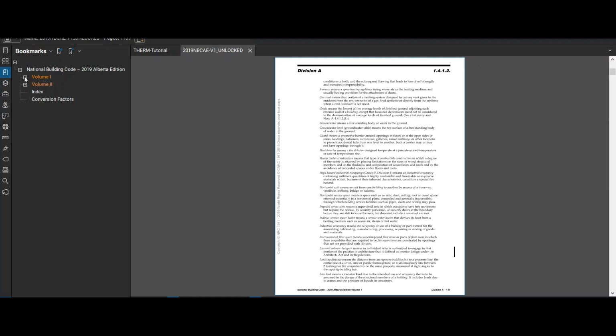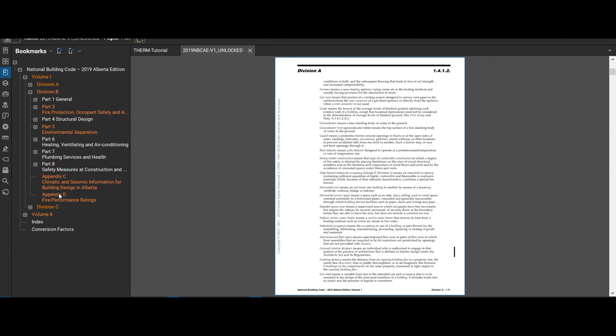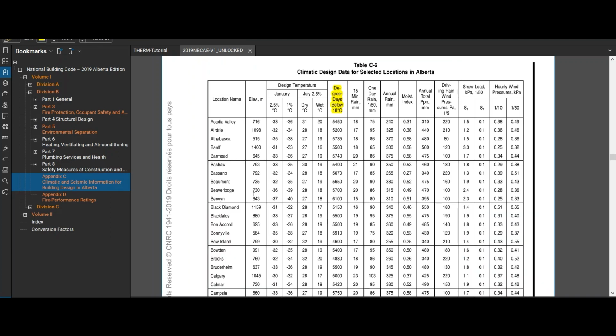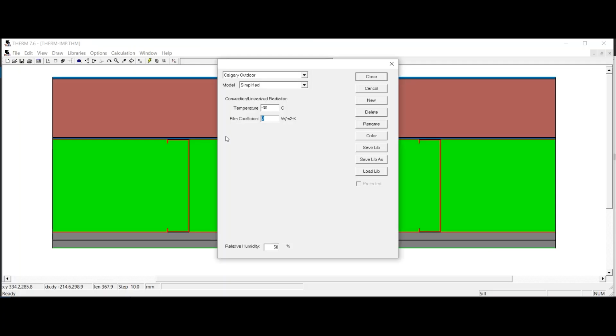So I'm going to go to the climatic data and find Calgary. And there's Calgary, let's do the January 2.5, which is -30. Ouch. Okay, so I'm just going to enter -30, and I'm going to make the film coefficient,